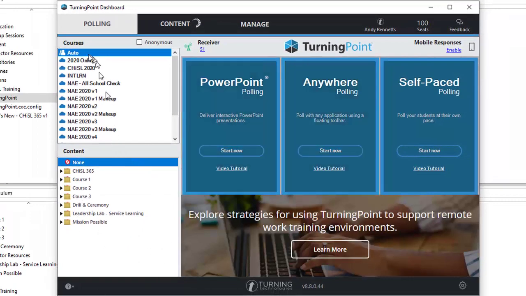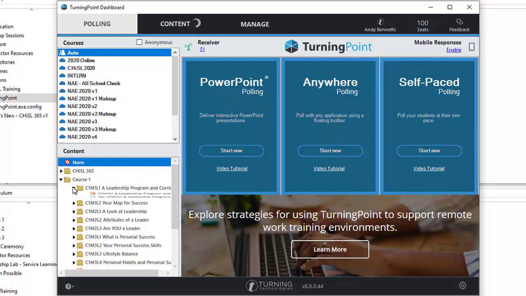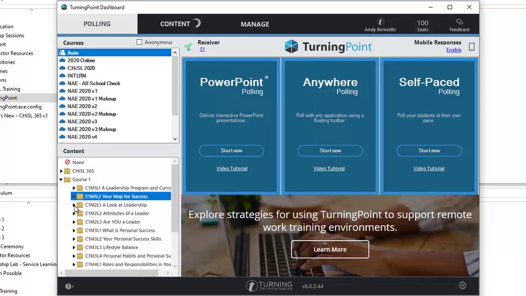So outside of the extraneous courses that you see here, everything else will look the same. So we've got all of our folders right here that have all of our lessons. And the next thing we want to show is our question list. This is also a new update from instructor requests. So for instructors that have the QT2 clickers, you would simply plug in your receiver. You would see channel 41 with the little green radio tower, and that means that they are ready to go.